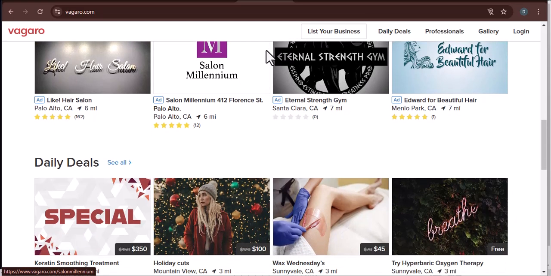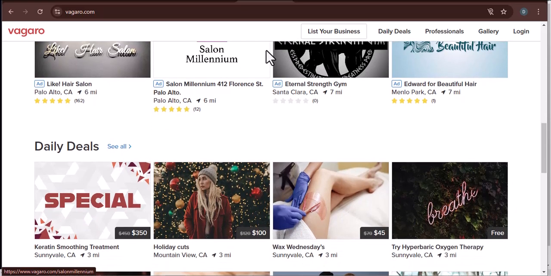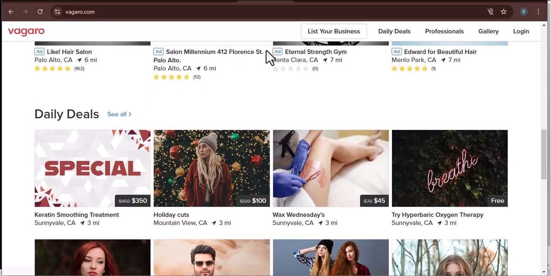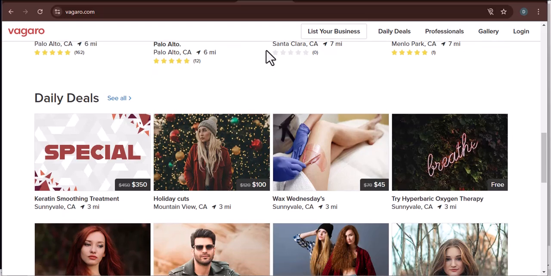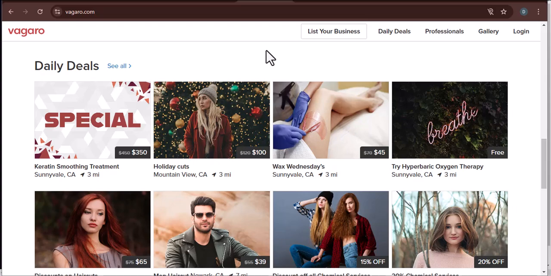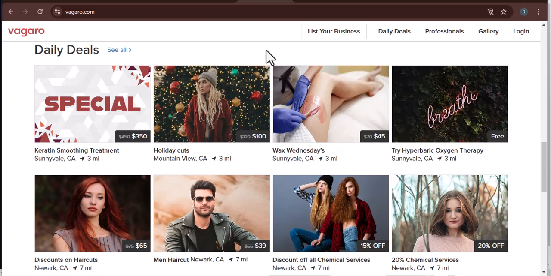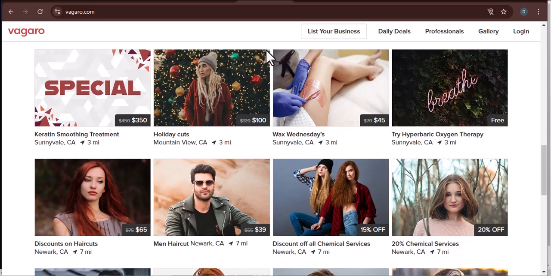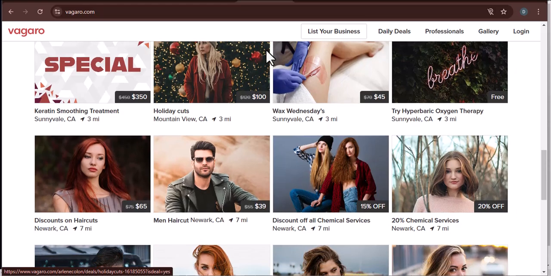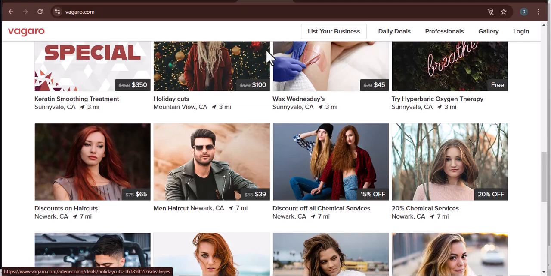Exporting your client data from Vagaro is crucial for these scenarios and many more. However, navigating the export process within Vagaro can sometimes feel a bit confusing. That's why we're here to guide you through the steps, making the process as smooth and straightforward as possible. Benefits of exporting clients. Before we dive into the technicalities, let's quickly explore some of the key benefits of exporting